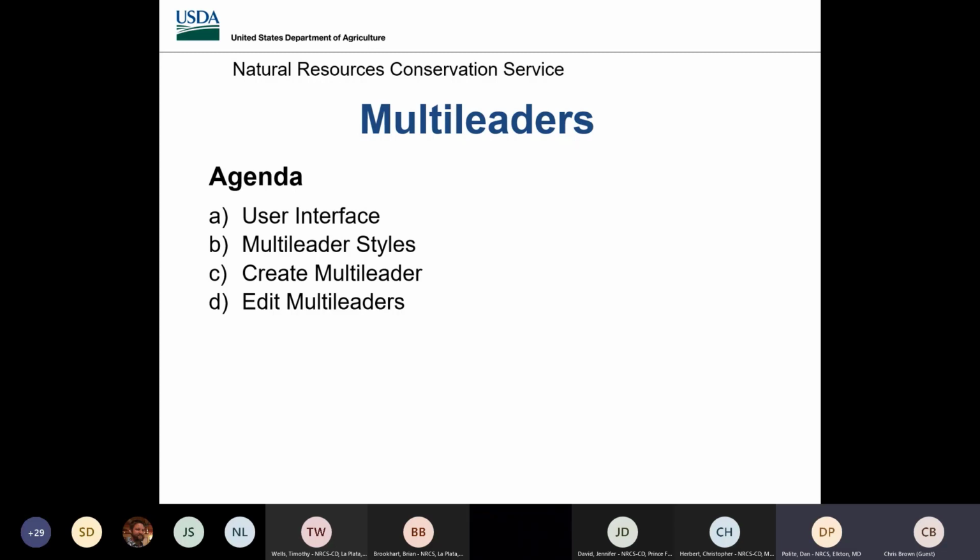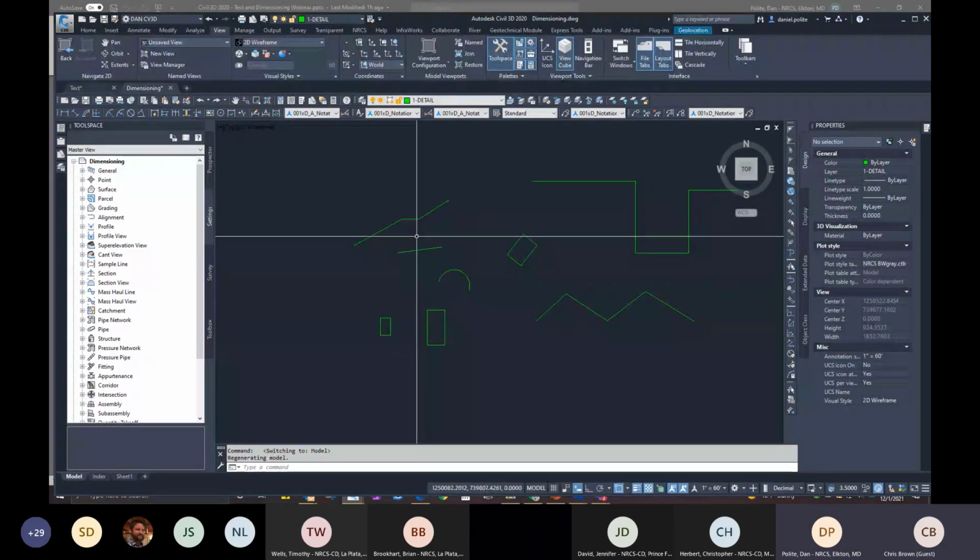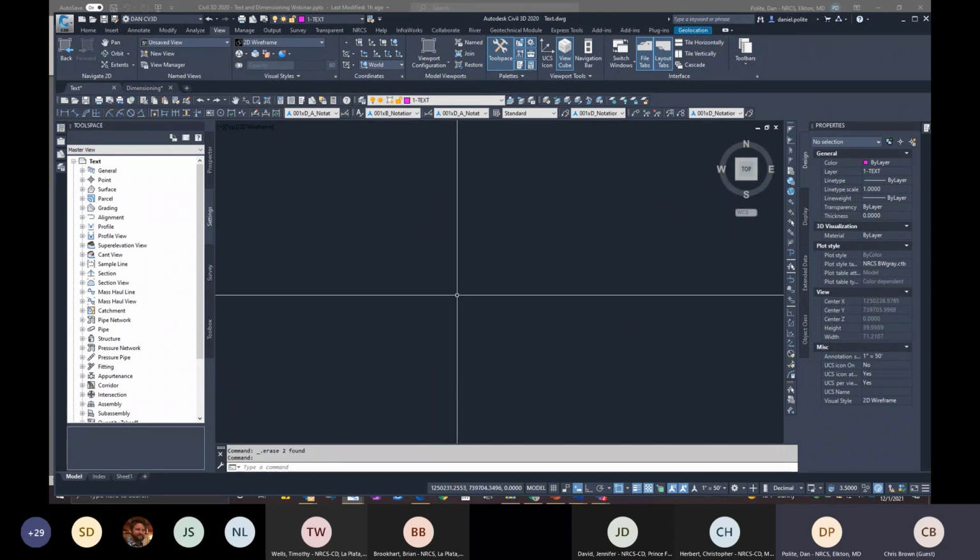So the next text type are multi-leaders. Again, going over to user interface, some of the multi-leader styles, just creating a multi-leader and editing multi-leaders. So this is probably the biggest one that I would say most folks use on a regular basis. Me personally,